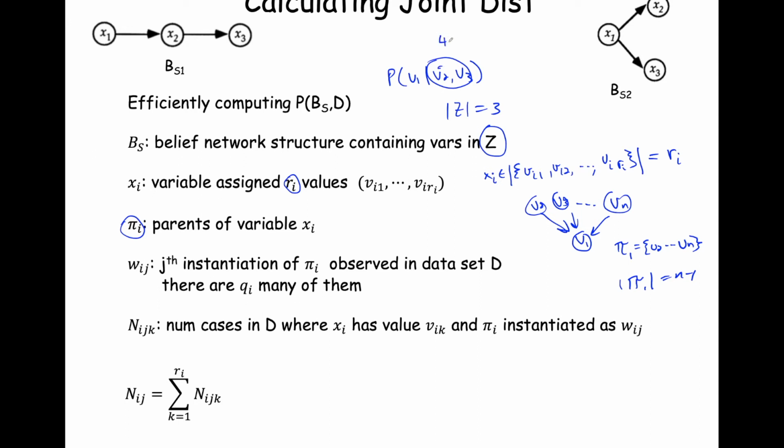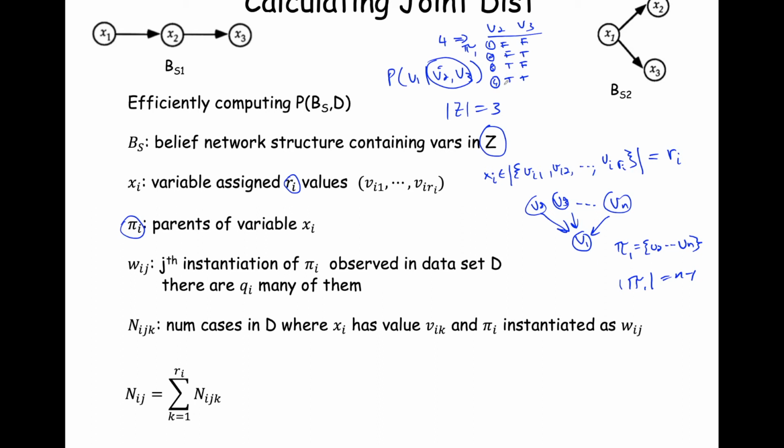That would be a total of 4 different instantiations you can have for variable 2 and variable 3. You could have false, false, false, true, true, false, true, true. Now, each one of the instantiations of the parents of the ith variable, i.e. pi 1 in this case, those instantiations can take on 0, 1, 2, 3, 4 in this case, 4 different